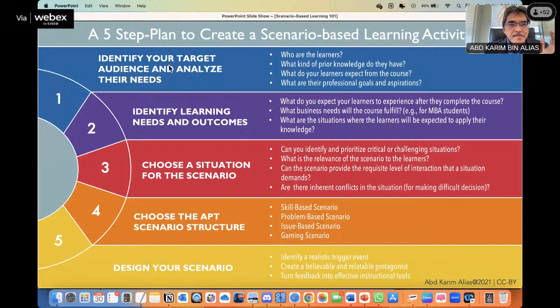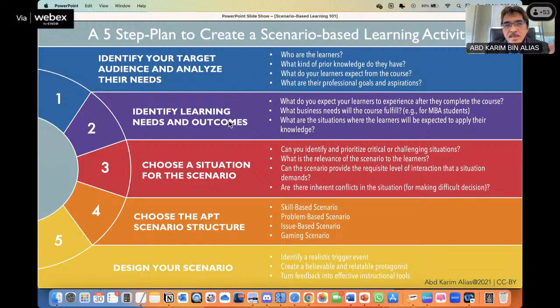First, identify your target audience and analyze their needs. If you are teaching a course, of course, you know exactly who your target audience is. But if you are creating a course, micro-credential or MOOC, for example, for a certain target group, you must first understand who they are, what their background is, and what their learning needs are. So you have to do some form of needs analysis.